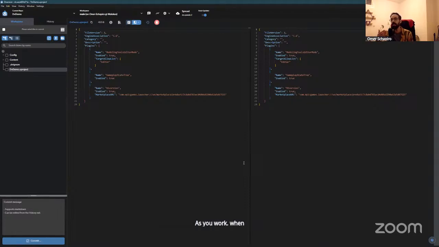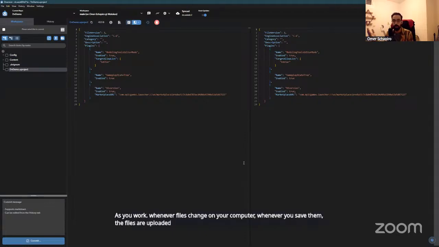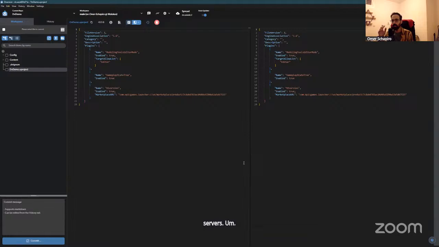Whenever files change on your computer, whenever you save them, the files are uploaded to the diversion servers. So if for whatever reason, I don't know, the building catches fire and you have to run out, then your work is always retrievable even before you commit it. So just by the act of making a change and saving it. However, that does not mean that it's available to anyone else other than you. It's only in your workspace. So there's no risk of your half-baked, half-done changes